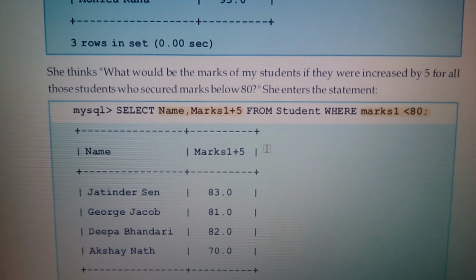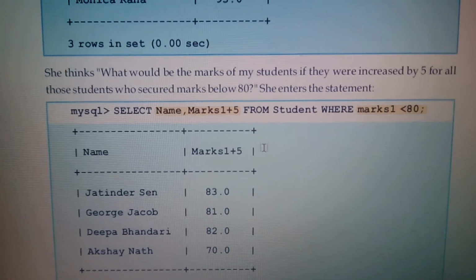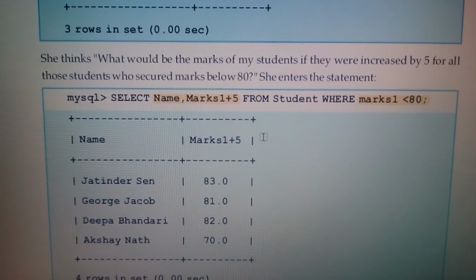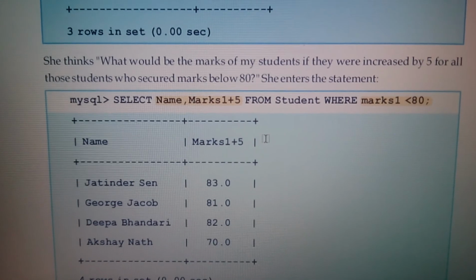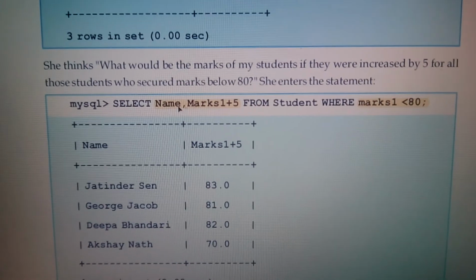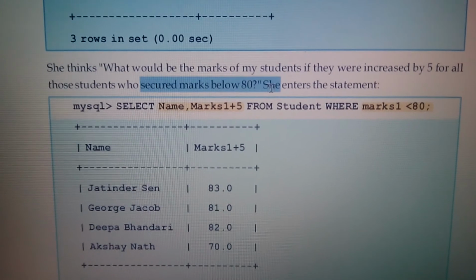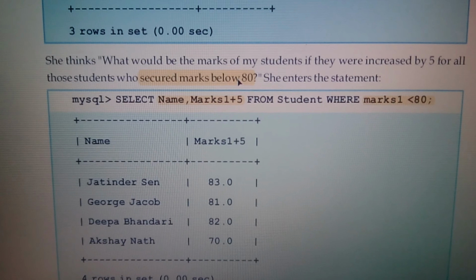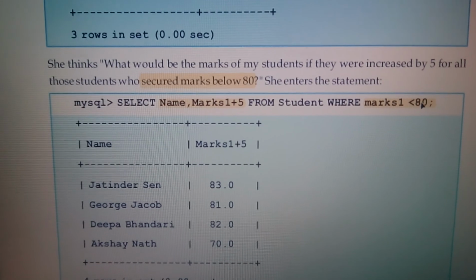So first of all, whenever we write the query of such a condition based statement, what is to be done? First of all, focus on the condition. So here the condition is there. See, what is the condition? Who have secured marks below 80. So first fetch this one. So put the condition where marks less than 80.